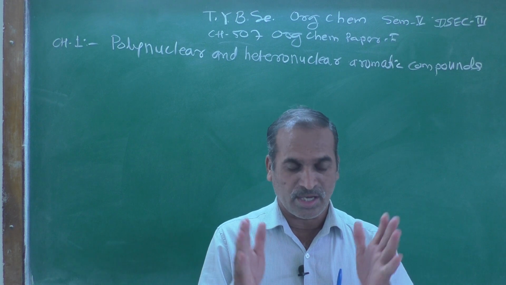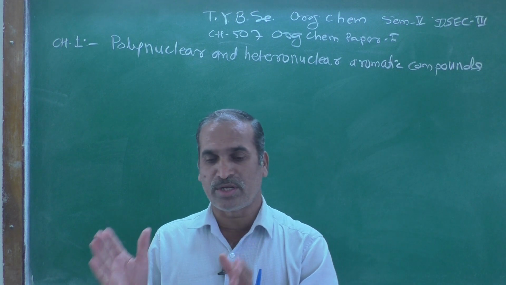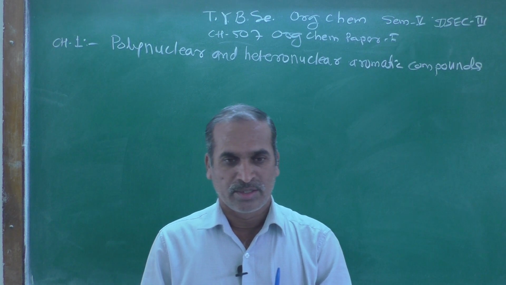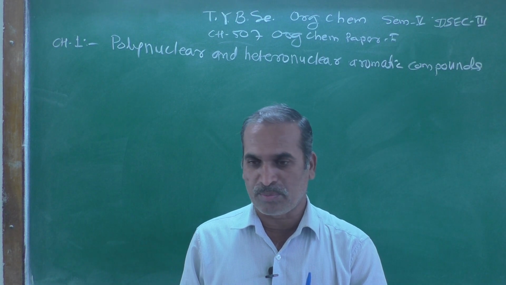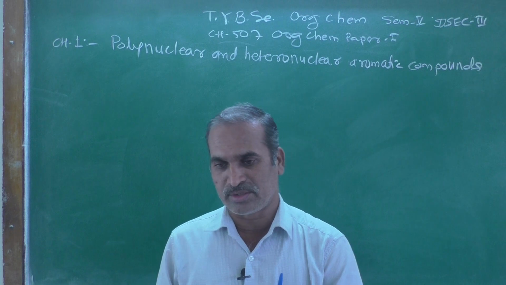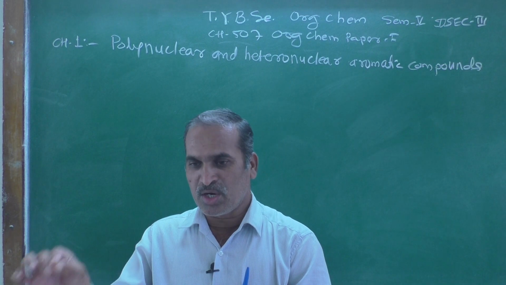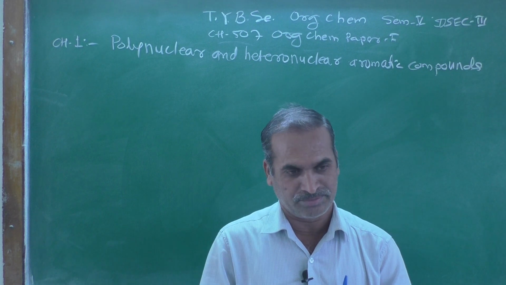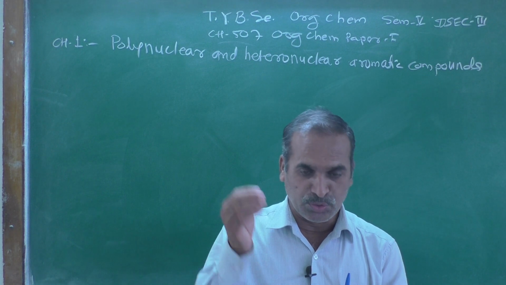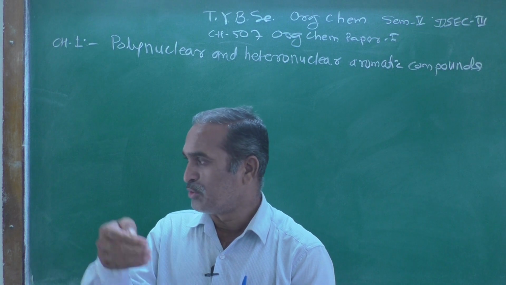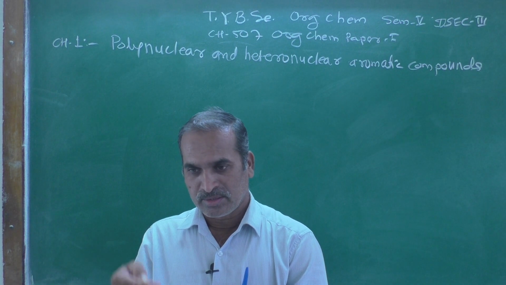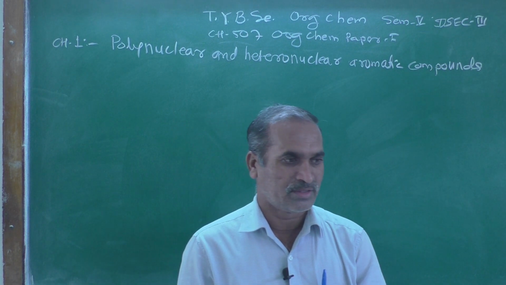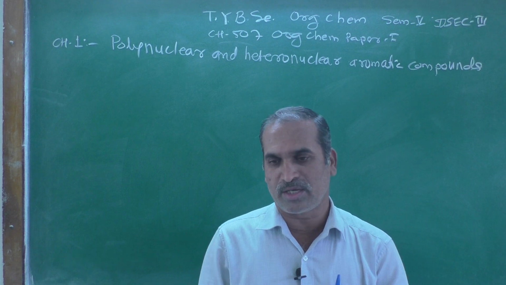Because carbon has one unique property. The name of that unique property is catenation. Catenation means the ability to form chains. And due to that unique property, catenation, millions of organic compounds are